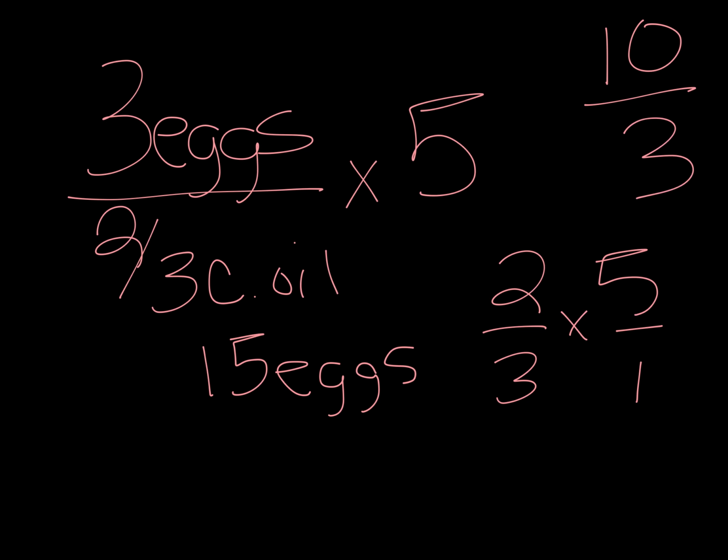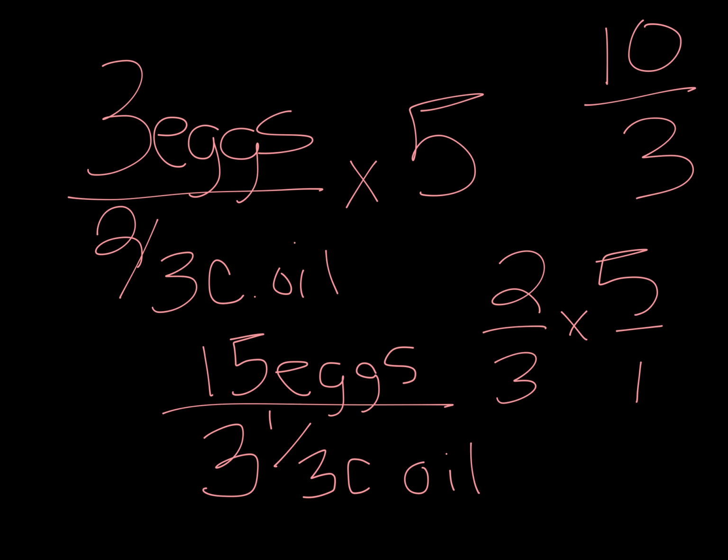When we're baking, we don't really use 10/3 in improper fraction, so we need to change that to a mixed number. 3 goes into 10 3 times, and you have 1 left over, and you keep the same denominator, so it would be 3 1/3 cup of oil and 15 eggs to make 5 boxes of brownies. That's it. For ratios,